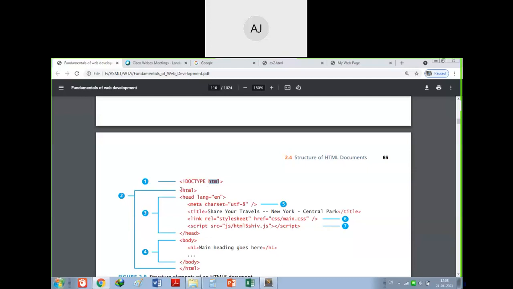Okay, then HTML, in the HTML this is a normal tag we have used. Then head, already we have seen the language is equal to en. Now again you see here, wherever you see this, try to identify what are the attributes, what are the properties, and what are the values. So here head is a tag or element, lang is a property or attribute, and en is the value. En stands for English. Okay, by default we are using the English language.